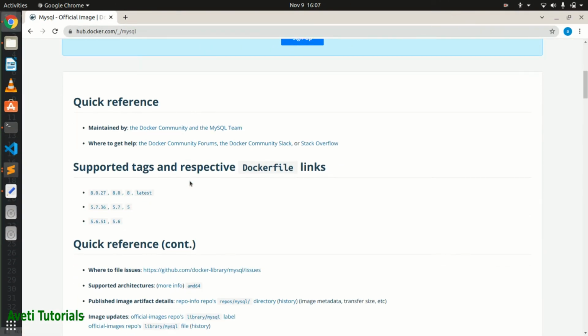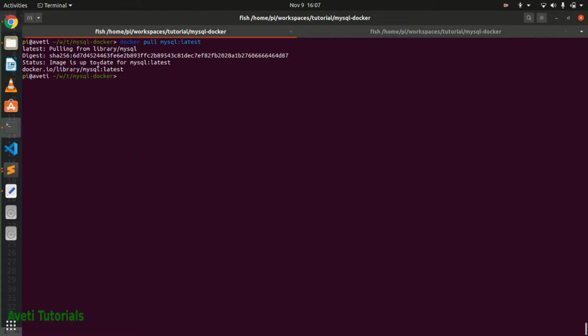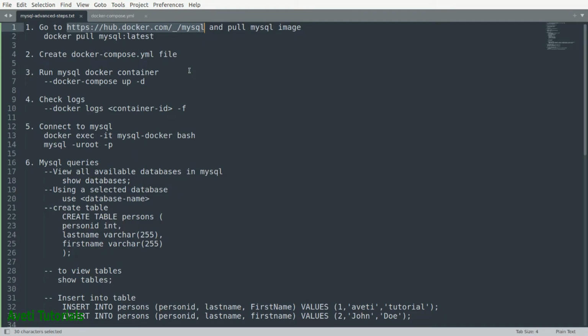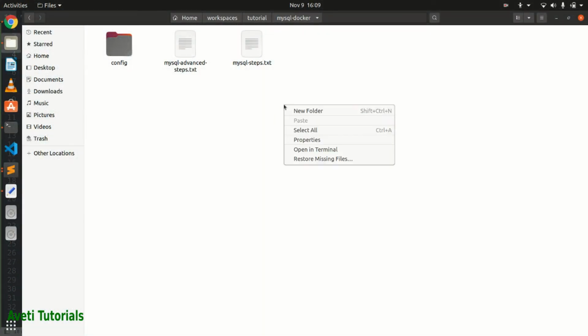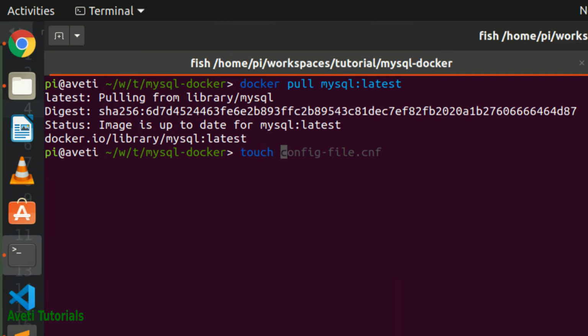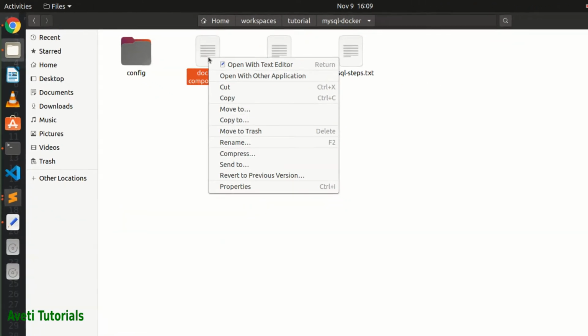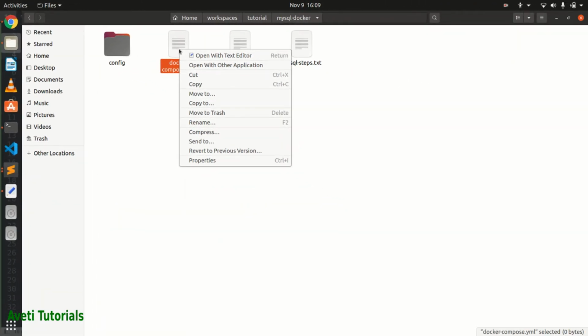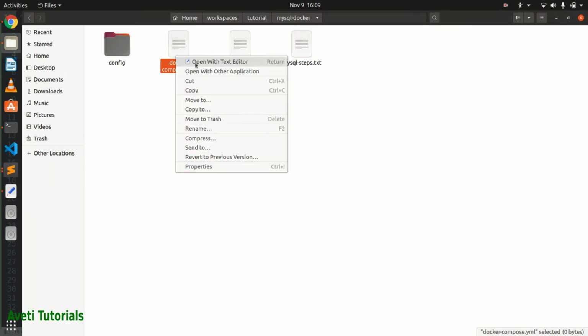Here you can see the versions are given, 8.0.27 when I created this video. You can specify other versions as well. So we'll create a docker-compose.yml file. This YML file contains the setup commands, the environment variables and other configurations required for our Docker Compose, or MySQL Docker Compose. So I'm creating this docker-compose.yml file, and I'll write the contents in this file